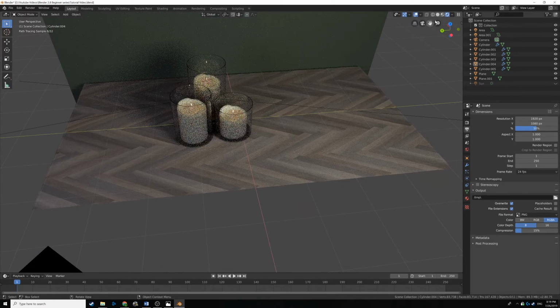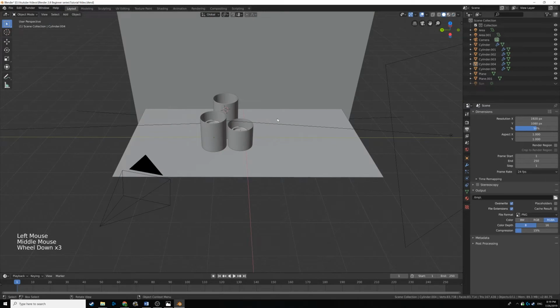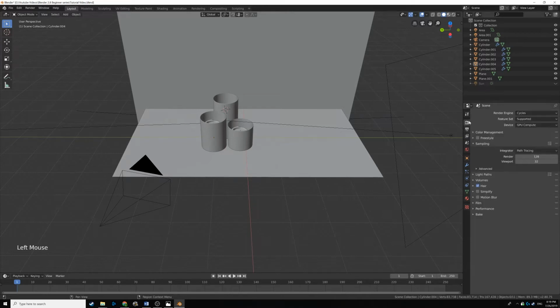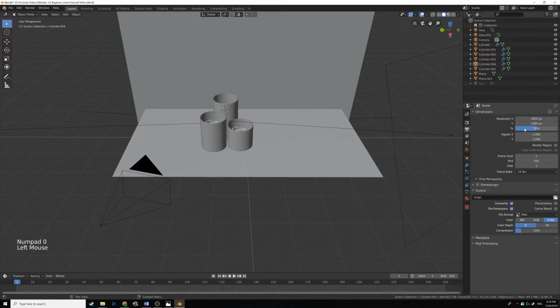Actually, it might be fine, so we'll leave it as is for now, but basically, one way you can decrease the render times is by enabling a feature called denoising. Basically, what denoising will do is smooth out all that noise. Sometimes it doesn't look that great, but if you get the settings just right, it can. So I'm going to bump up the render samples a little bit to about 300 and the scaling to about